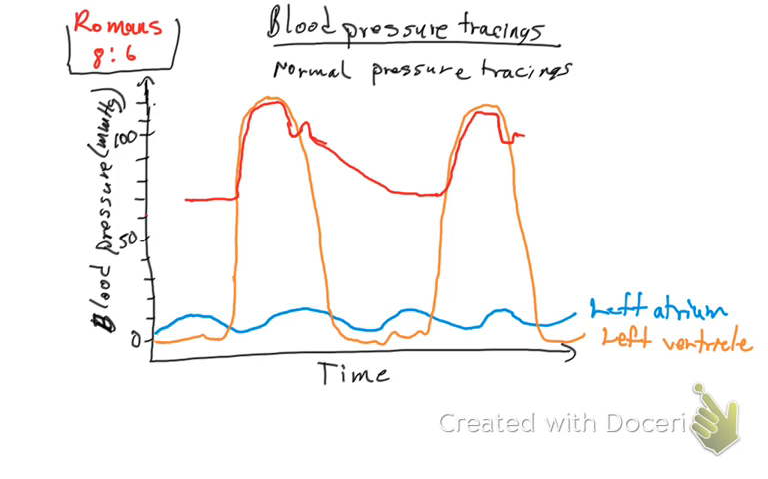And then come down, and this is the aorta. Got it? Yep. Yeah, this is the normal pressure tracings. Well, now with that in mind, I think that we can talk about if there is a mitral